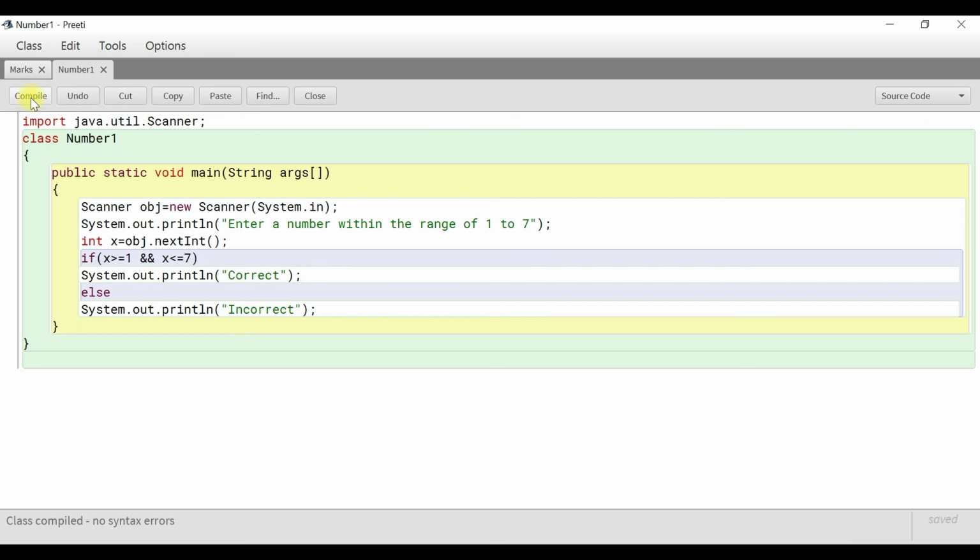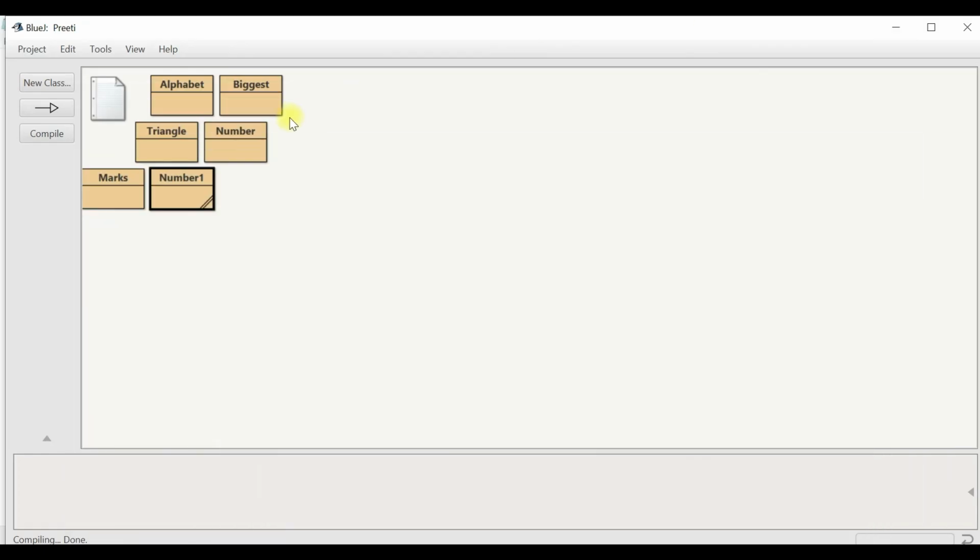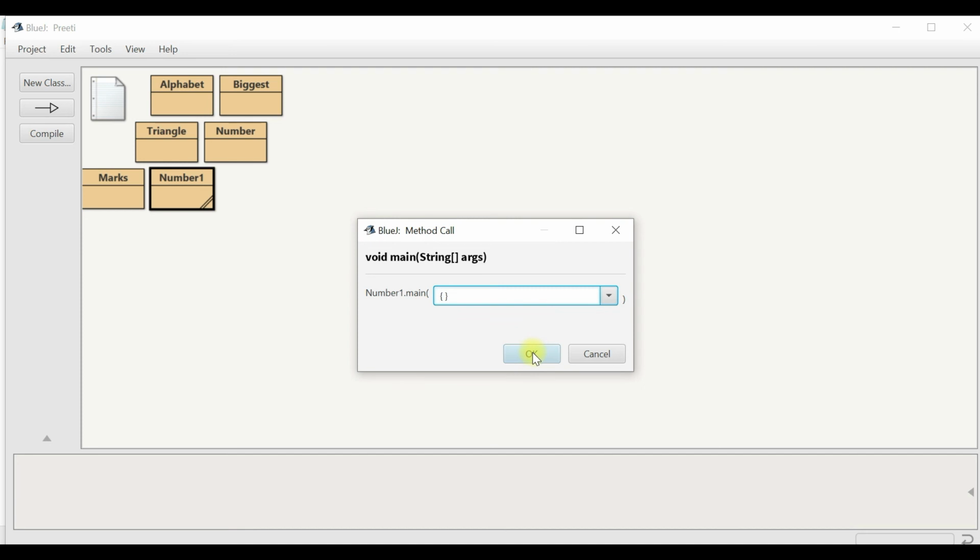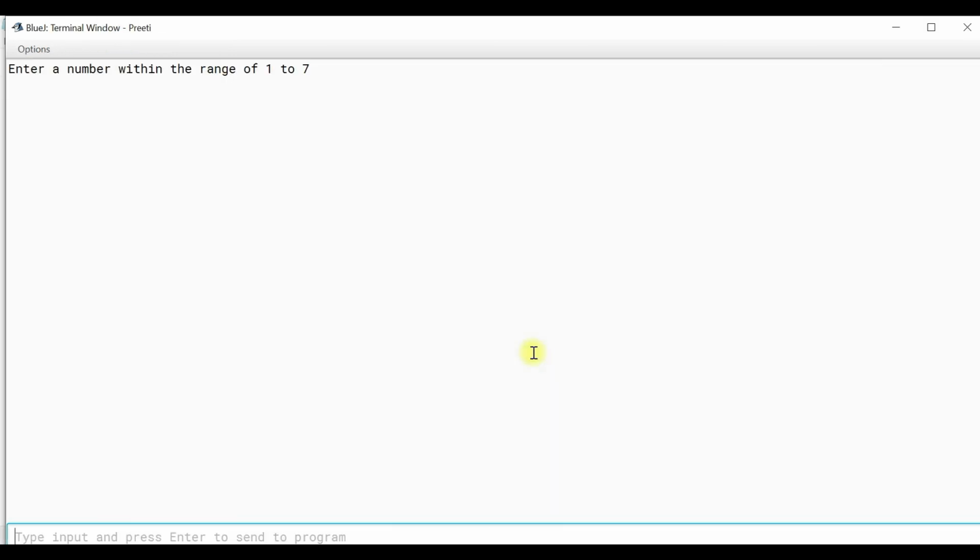Compile it. No syntax error. Enter a number within the range 1 to 7. If I give 8, it should print incorrect. Incorrect we have got, so incorrect. Fine. I hope it is clear.